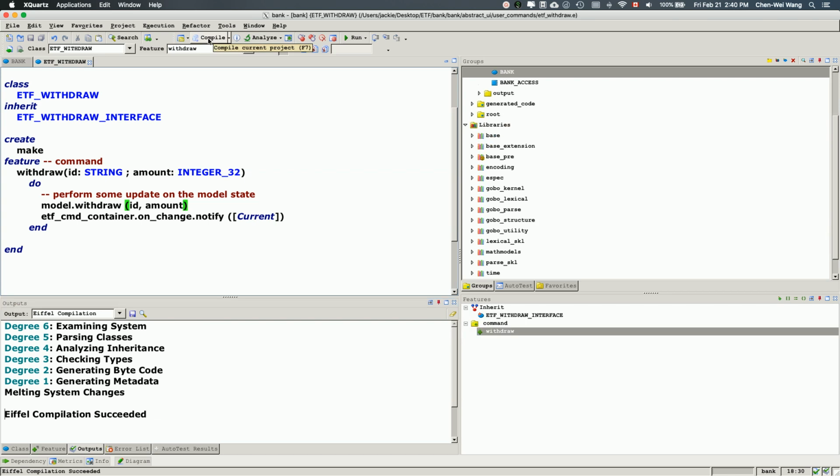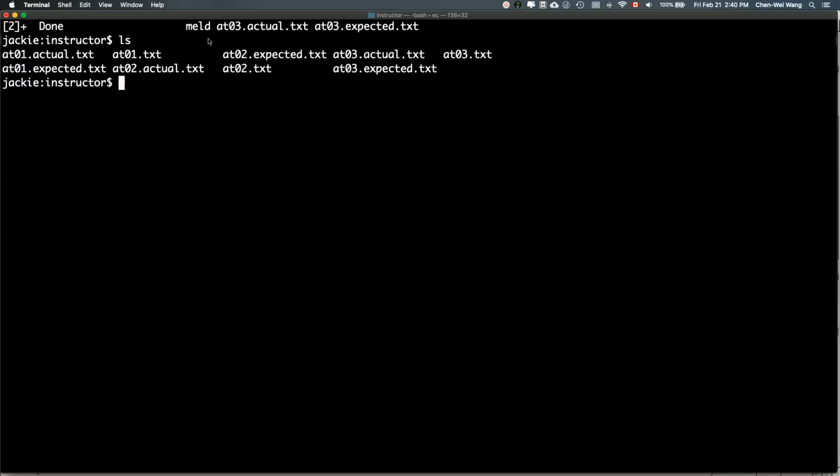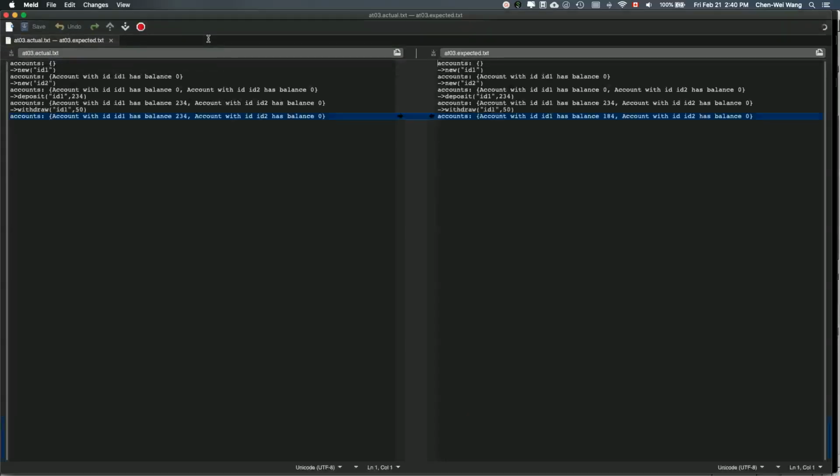Okay, so now we believe this new extension to our program should really be able to satisfy the new expectation as specified in AT03. Okay, let's see. So what I can do now is, remember this meld command I ran previously. Okay, what I can do is I can simply just run it again, so now it will show me that